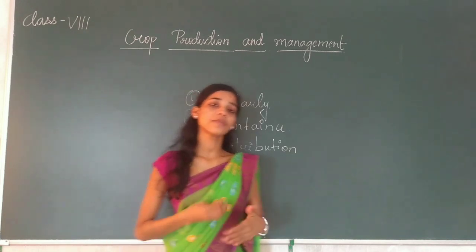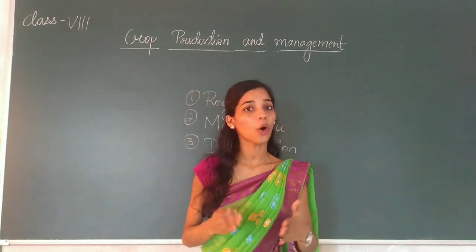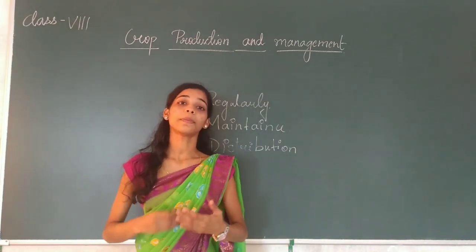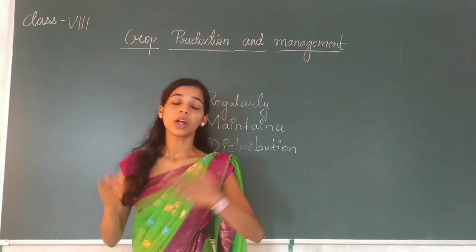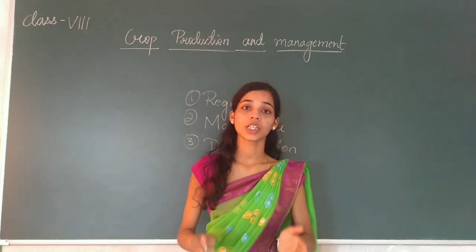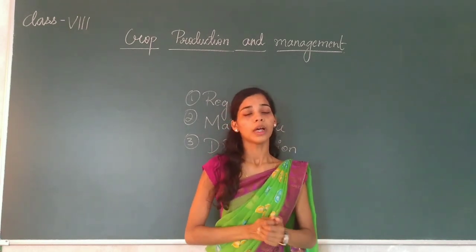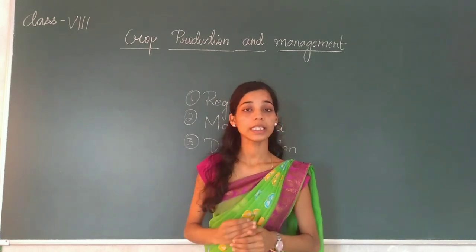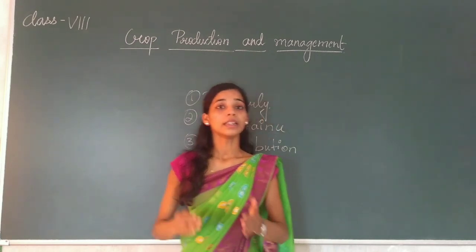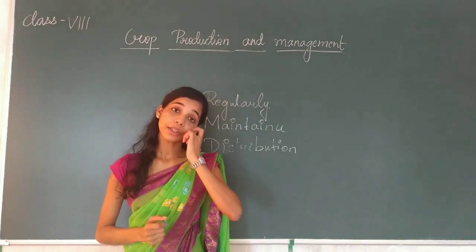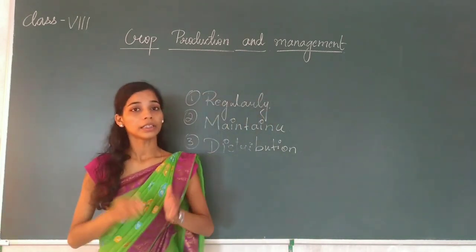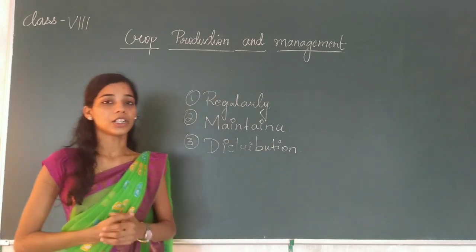As the days passed, people tried to observe nature. They tried to know when the plants grow well, what environmental conditions are required for plants to grow, and in what soil condition the plant grows. As they started to study this, they started to cultivate crops in their own place, and from then agriculture was born. They started to grow plants of wheat, paddy and other things. From then till today we are practicing agriculture.